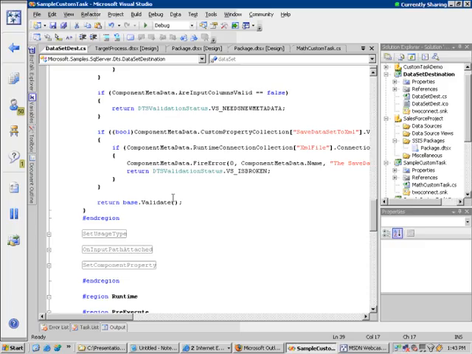I mean, implementing custom pipeline components is way more complex than implementing control flow tasks. There are many more methods to implement and more performance considerations to take into account. The way that the engine passes the data between data flow tasks is using buffers. And buffers are a new concept in SSIS that makes a huge difference between the old DTS model and the new SSIS model. The way the SSIS engine works is the sources and the transformations output the data